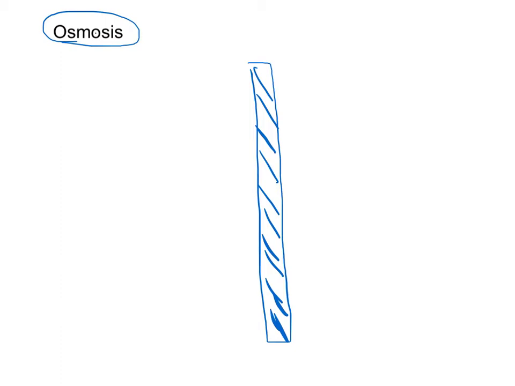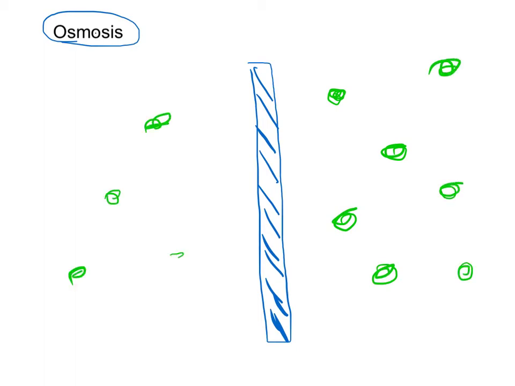And let's imagine that the membrane separates two compartments which have different amounts of a salt or something in them. I'm going to draw the salt as little green particles. So on this side, you have lots of little green particles, and these are salts. And on this side, you don't have very many. Now, there is a driving force. So what osmosis means is there's a driving force to try to equilibrate the concentrations of salt on the two